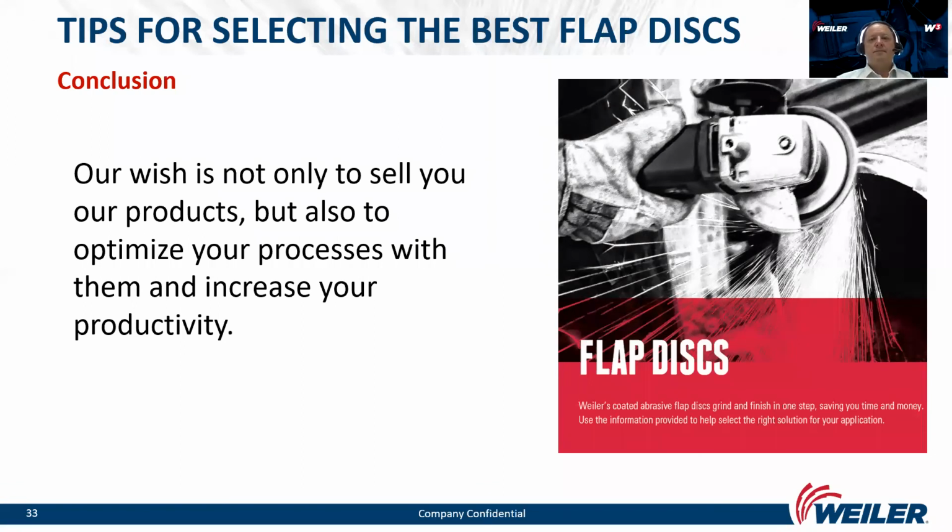And the last question: which flap discs do you sell the most? We sell the most flap discs in smaller diameters, 115 and 125, with zirconia alumina grain. Why? Because we would surely like to sell more discs with ceramic grain, but the end users and operators should be prepared for that. Because the big difference between zirconia alumina flap discs and ceramic flap discs is in that